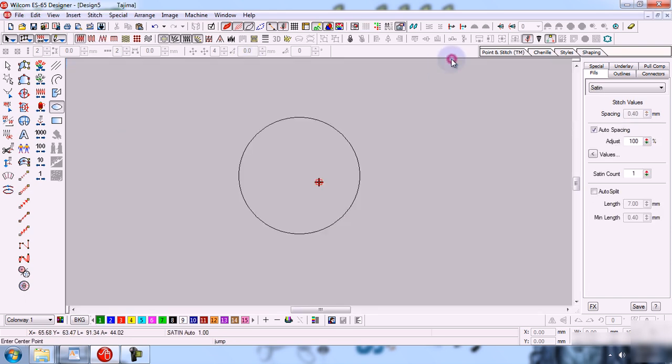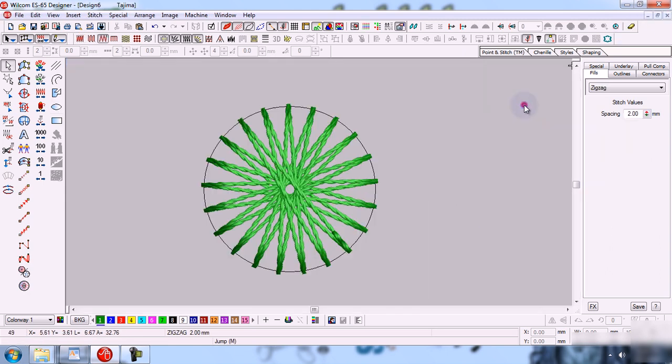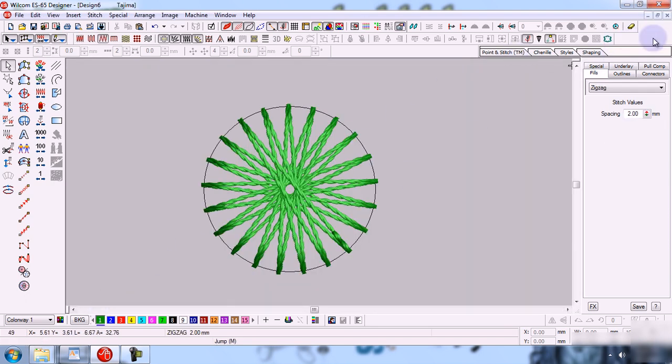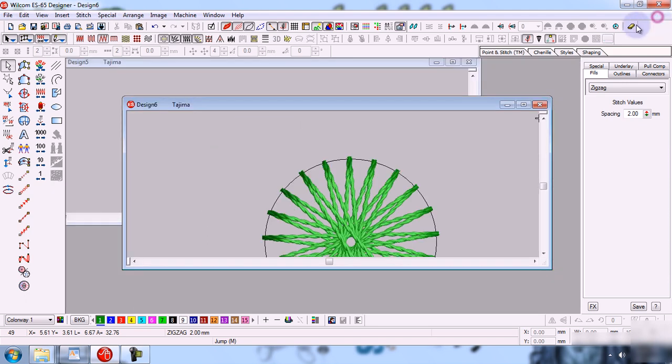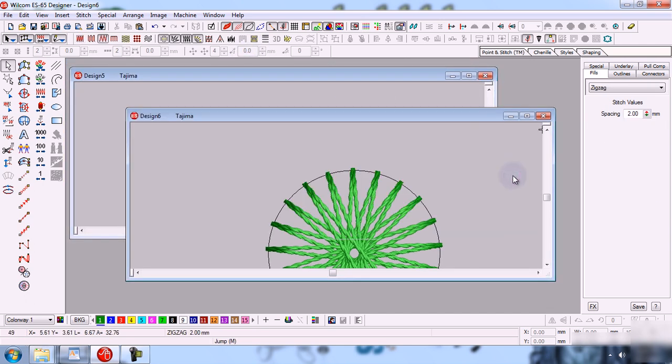We can work on any project at any time. We can minimize them, maximize them or restore them. We can do anything with them. So in this way we can create any type of project.